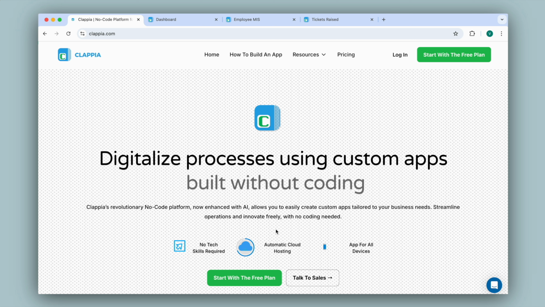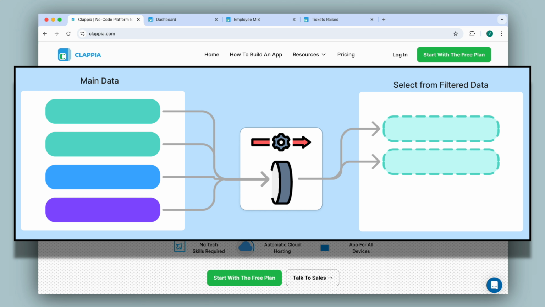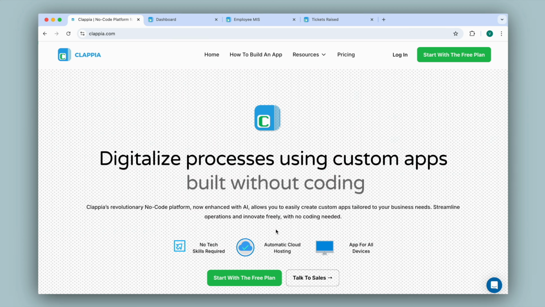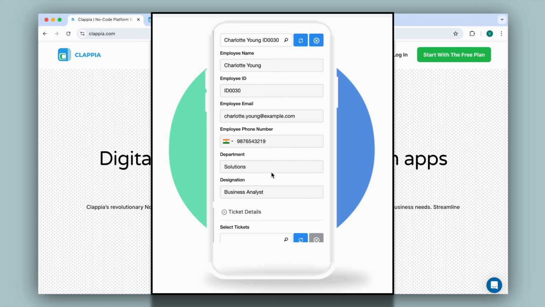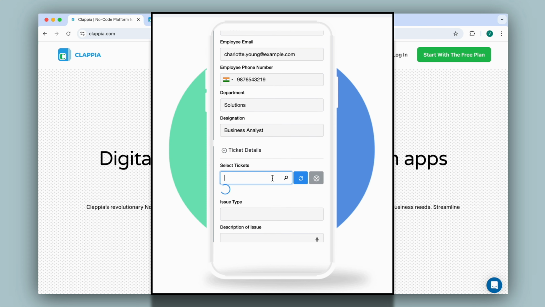In this video, we will see how to use the Get Data from Other Apps block to pull selected data from one app to another based on certain filters. For example, what if a user needs to pull tickets assigned only to them or orders linked to a specific customer? In such cases, we can set up the Get Data from Other Apps block to filter and display only